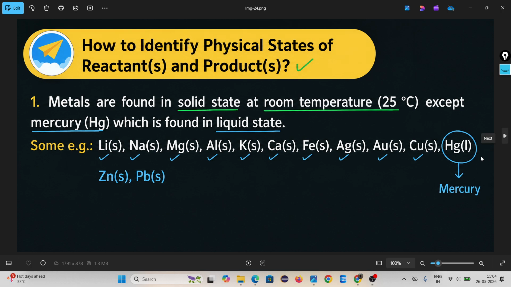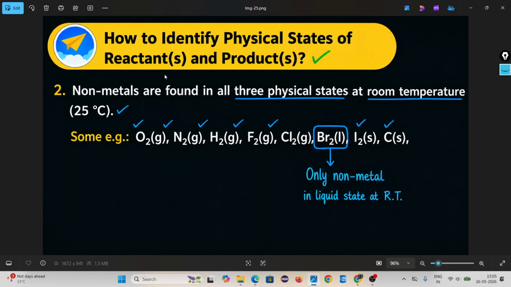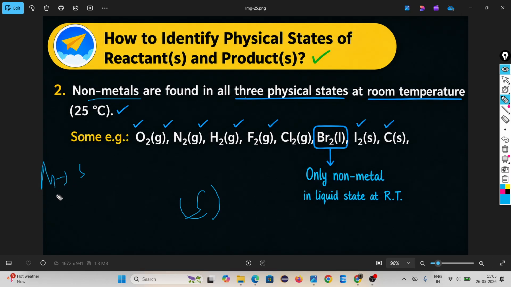Okay. And remember, mercury is the only metal that is in a liquid state at room temperature. Room temperature means 25 degrees Celsius. How to identify the physical states of metals and non-metals? All metals are generally in a solid state except mercury, and non-metals are generally found in three physical states. Metal has only one, that is solid, and mercury is the only metal found in a liquid state. But if you come to non-metals at room temperature, then three states are there, like oxygen is